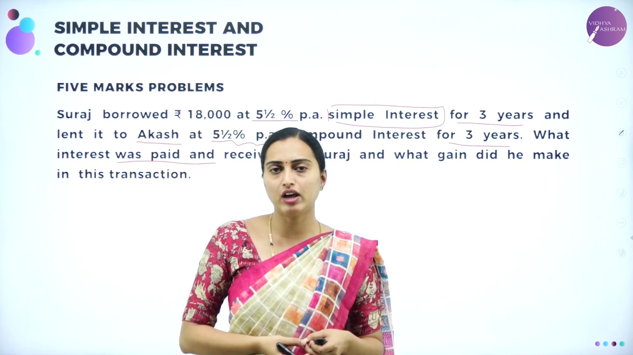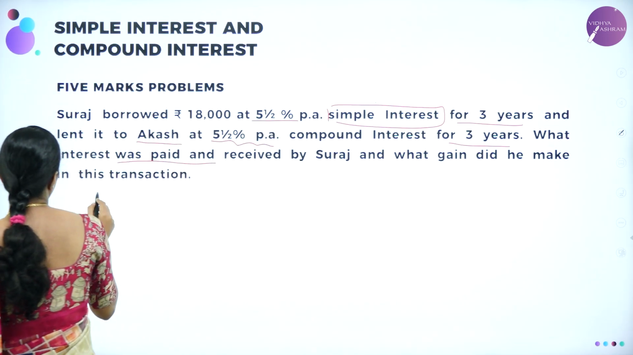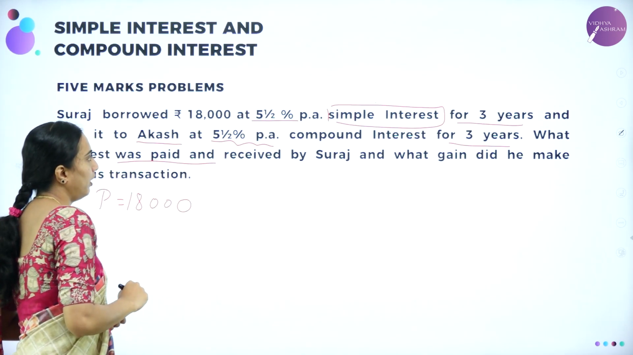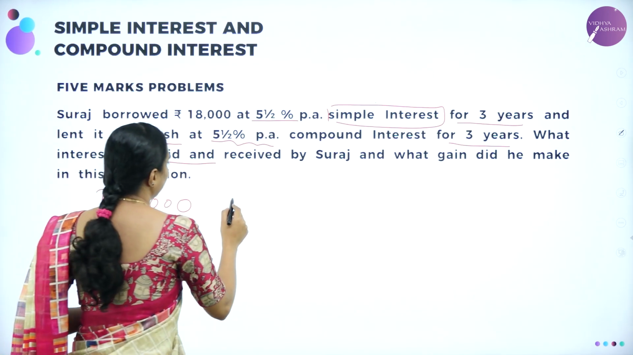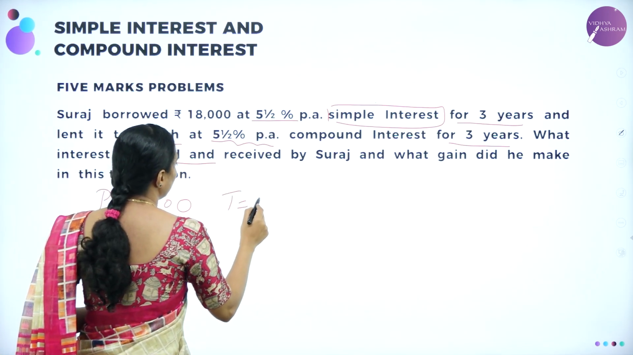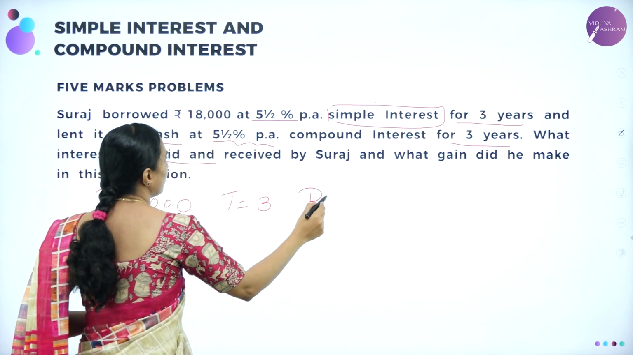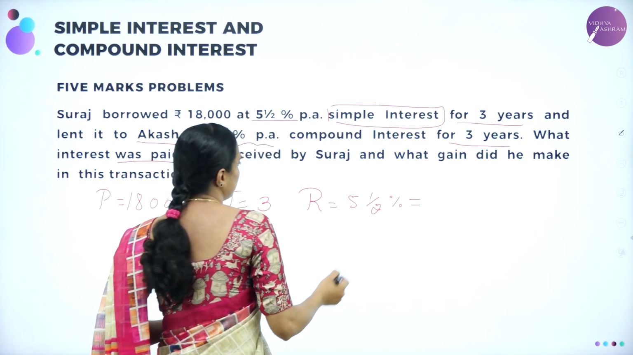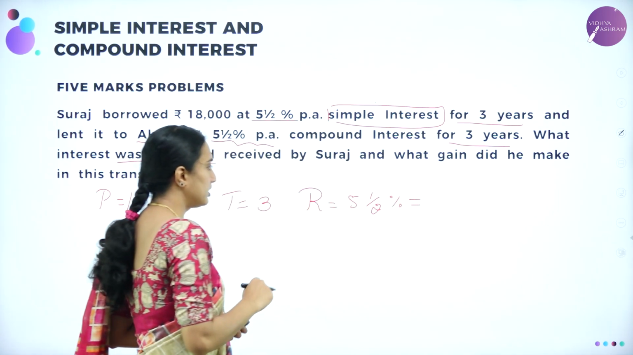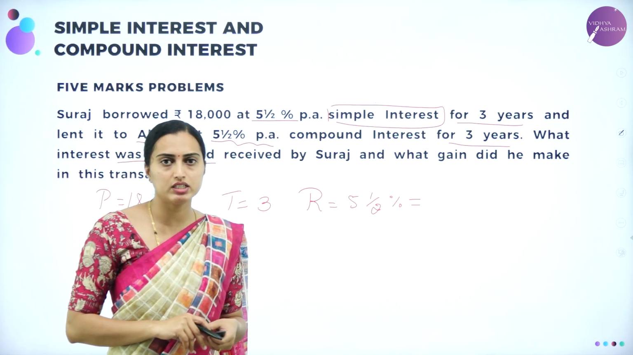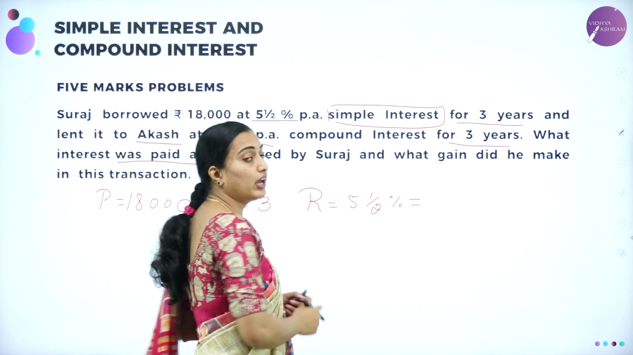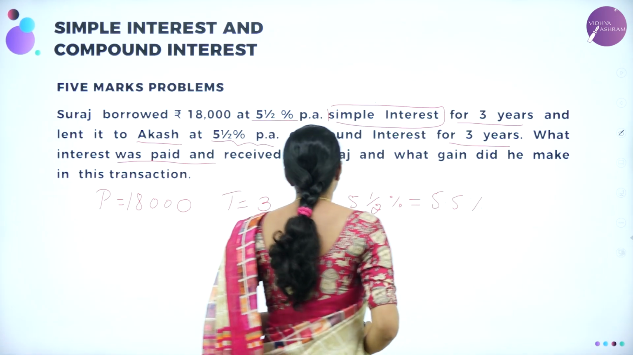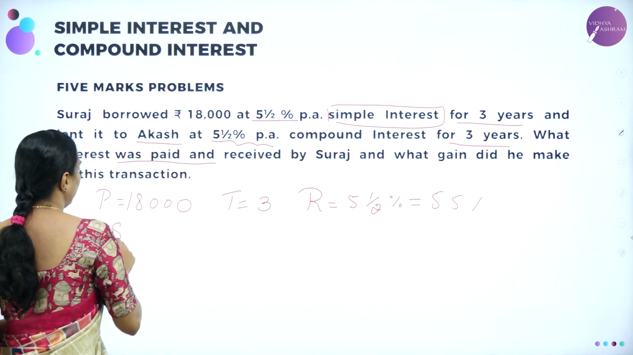So, what do we need to do now? We need to write what they have given. Suraj borrowed for P is equal to 18,000. And then you are going to have simple interest of T is equal to what? How many years? 3 years. And R is equal to what they have given? 5.5%, isn't it? Okay, so therefore, I can use the formula simple interest is given by